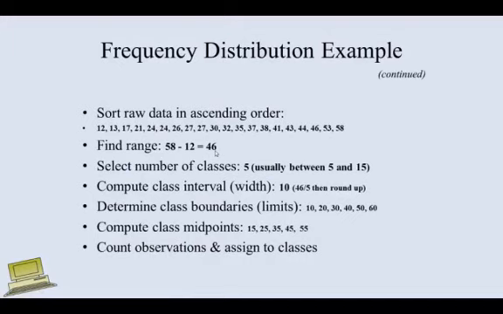Now we will select the number of classes. ठीक है, जब हम क्लासेस सिलेक्ट करते हैं, फॉर एग्जाम्पल 5 करनी है तो हम क्या करेंगे कि 46 डिवाइडेड बाय 5, दैट विल बी राउंड अप टू 10। दैट इज, हम लोग 10 का इंटरवल रख के ये जो क्लासेस हैं, ग्रुप डाटा है, वो हम लोग 10 का इंटरवल रख के बनाएंगे।